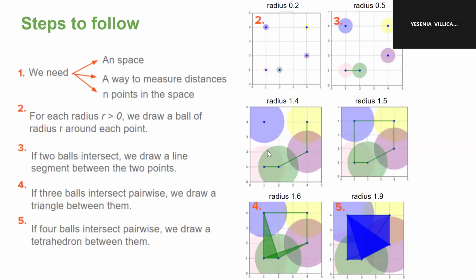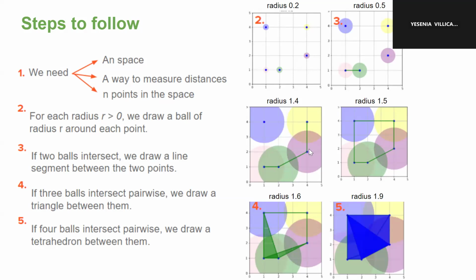Okay, then the steps to follow are the following. First, we need a space, a way to measure distances, and endpoints in the space. For example, I have 5 points in the Euclidean plane with the Euclidean metric. And for each radius, we draw a ball of radius r around each point. If two balls intersect, we draw a line segment